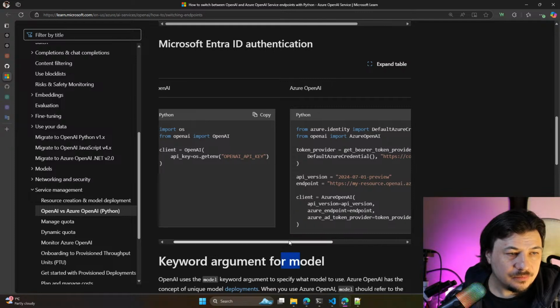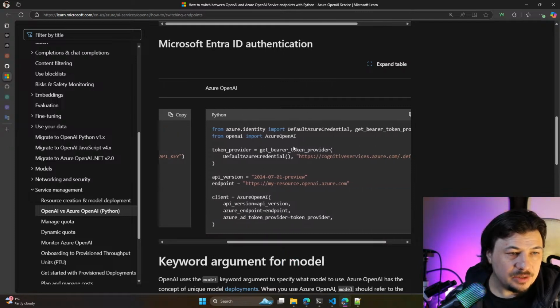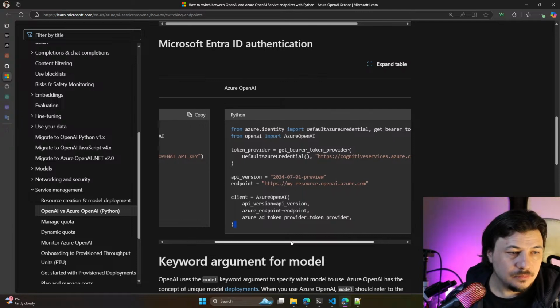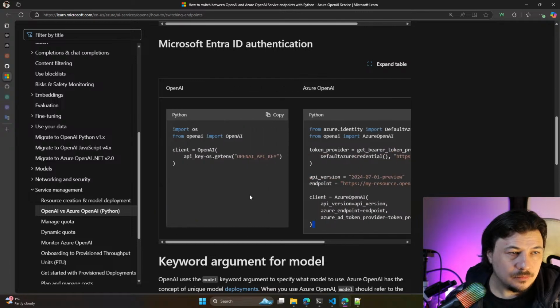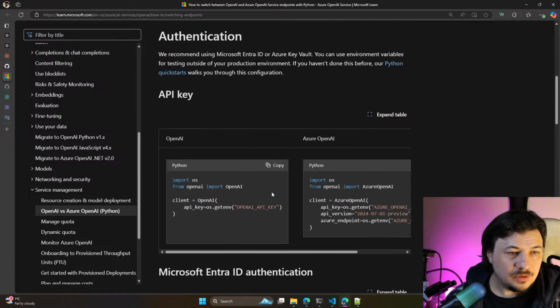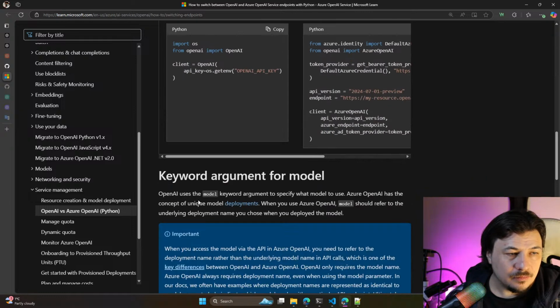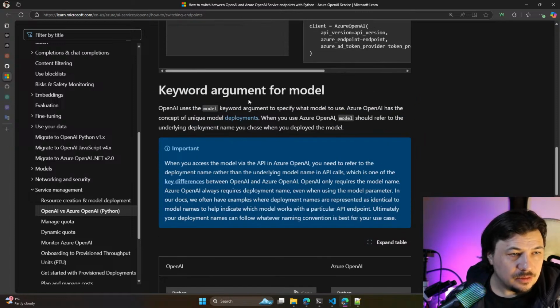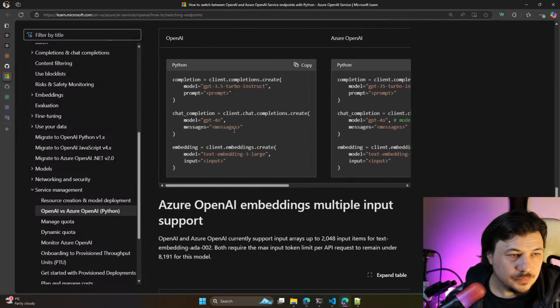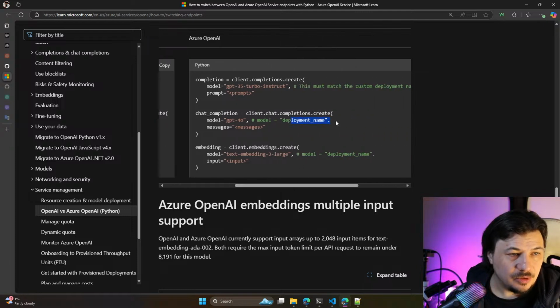So OpenAI key, but here we need to go with the API key. I think API key is fine in our case. Keyword argument for model. Okay. In OpenAI it would be GPT-4, but here it would be the deployment name.